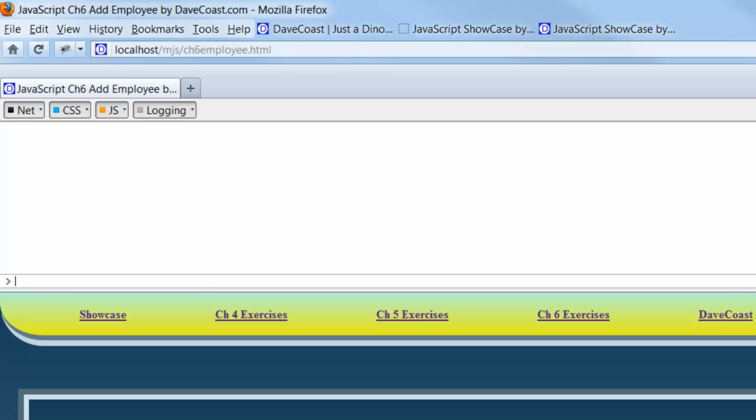So let's create an object. And that's the beauty of the console, we could either use the Firebug console, I'll do one of each, or this Web Developer console. I guess I like both of them. So I'm going to create a variable called